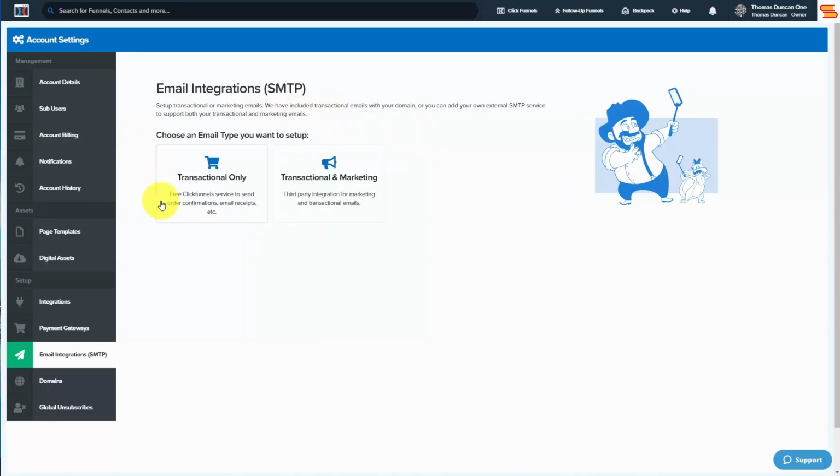Now you can use ClickFunnels in order to send your transactional emails. That means that whenever you sell something through ClickFunnels, ClickFunnels will see to it that your customer gets an email. But as you've seen, in some cases, those emails don't always make the inbox. One of the ways around that is to set up your transactional email through ClickFunnels, but yet using an external